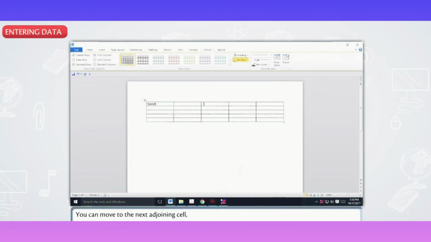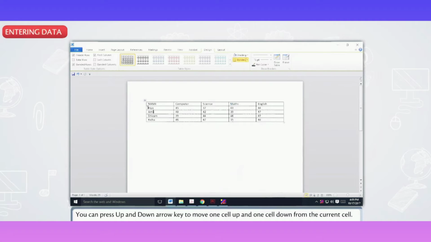You can move to the next adjoining cell either by pressing the Tab key from the keyboard or by pressing the right arrow key. You can move to the previous cell by pressing either the Shift plus Tab key or by pressing the left arrow key.